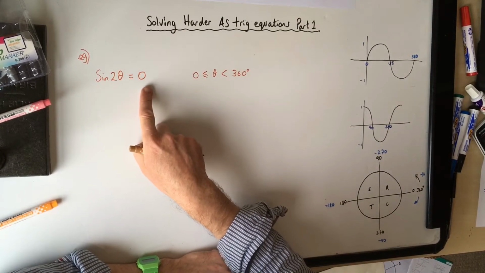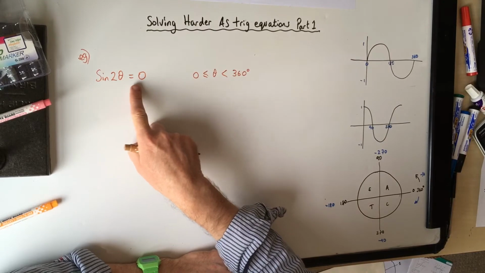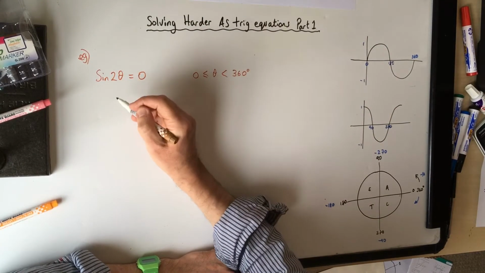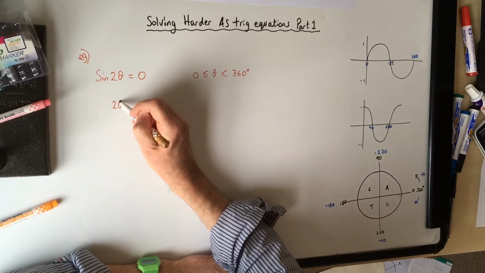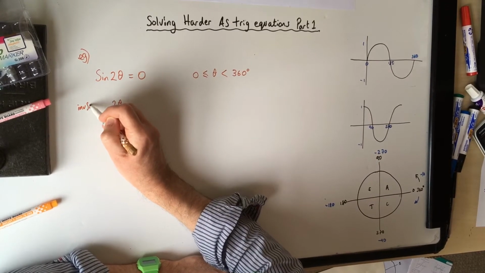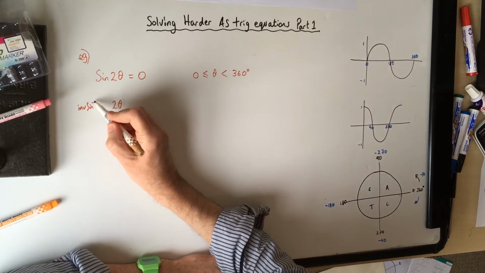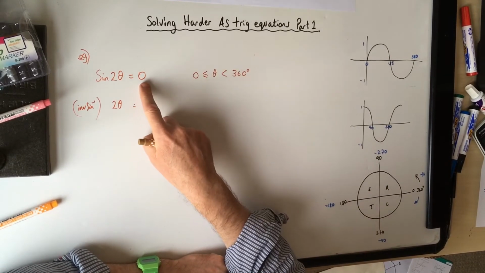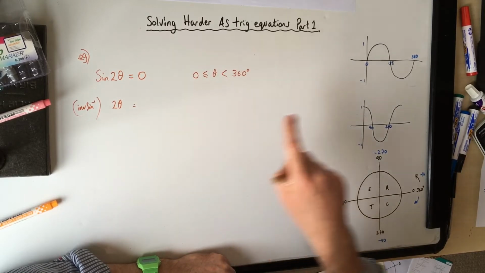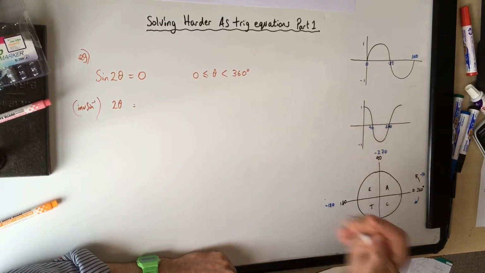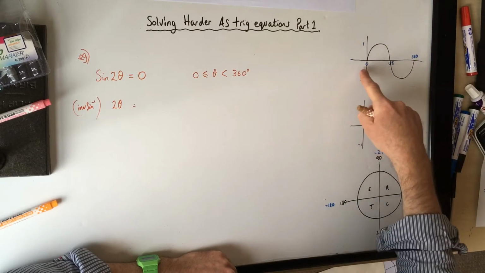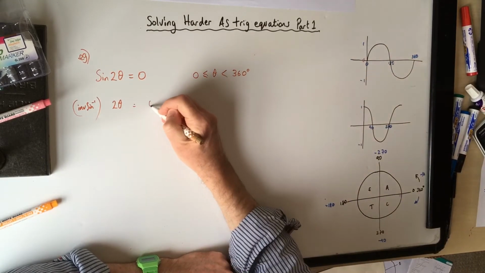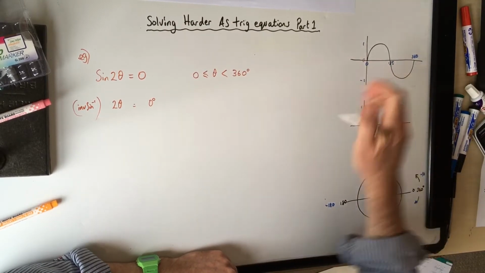So first of all, sine of 2 theta is equal to 0. What do we do? We inverse sine both sides. When we inverse sine 0 on our calculator, remember, I don't go to the CAST wheel for this. I look at my sine graph. Where does sine equal 0? This is the 0 line, and it happens at 0 degrees, then 180 degrees,